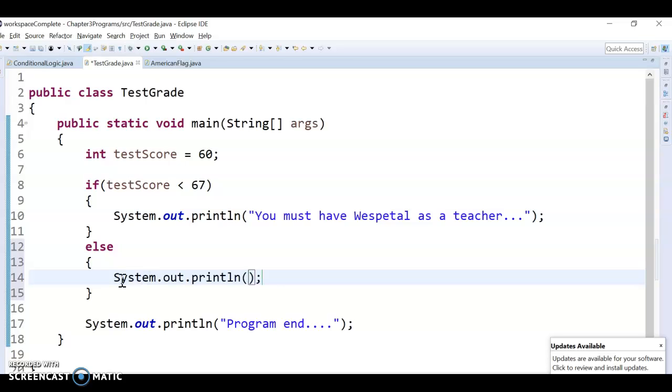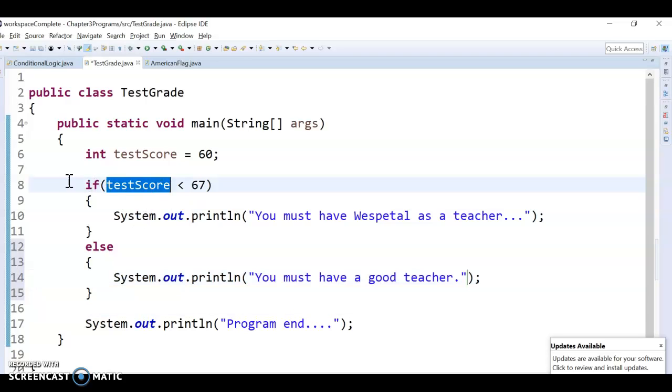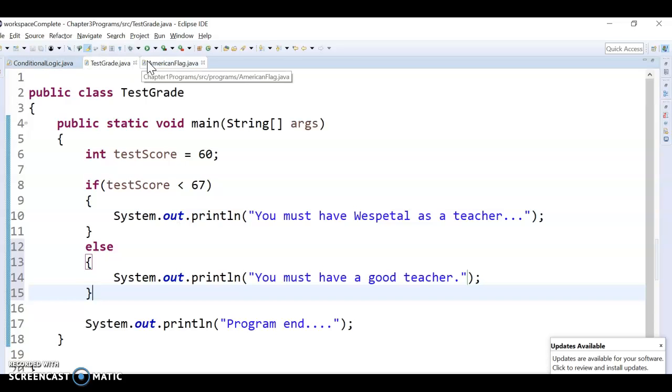So I'm going to do a System.out.println and say, "You must have a good teacher." Okay, because what is happening here is the test failed. So it's sort of like if it is true, we're going to do this. Otherwise, we're going to do this other thing if it's not true. Okay, so if we run it right now,